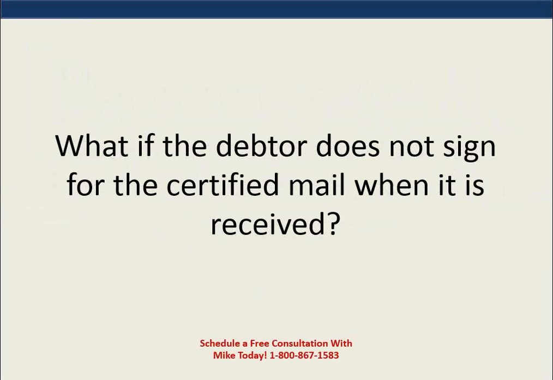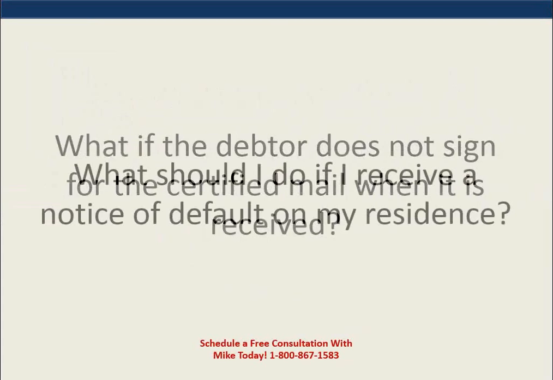Well, the mortgage company is not obligated to make sure that the debtor receives a notice of default or a notice of foreclosure sale. In fact, the mortgage company has satisfied its statutory obligations once the notice is deposited into the United States mail, postage prepaid, addressed to the debtor at the last known address for the debtor. So the mortgage company can satisfy its statutory notice requirements by having an affidavit sworn to the effect that the notice was given. It is never a good idea to not sign for certified mail,